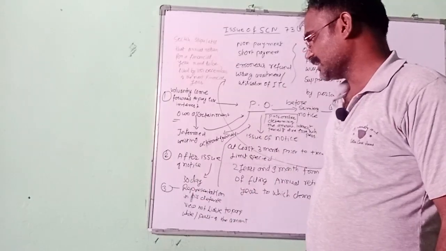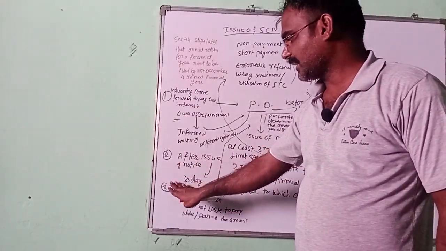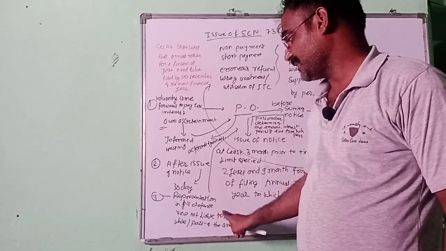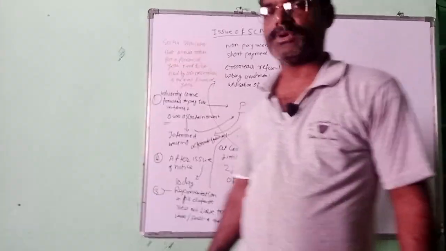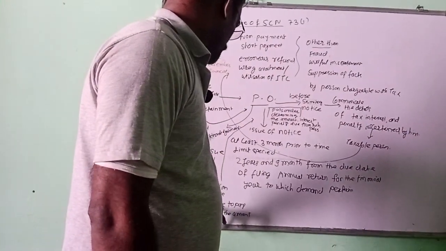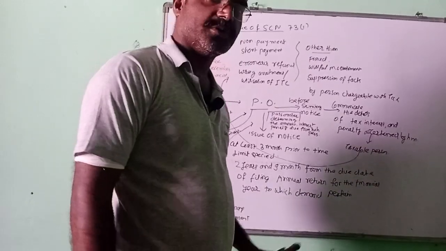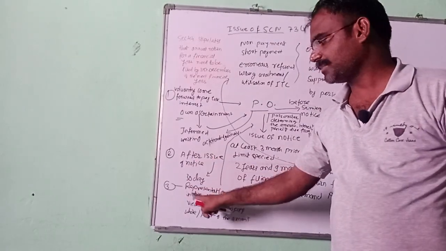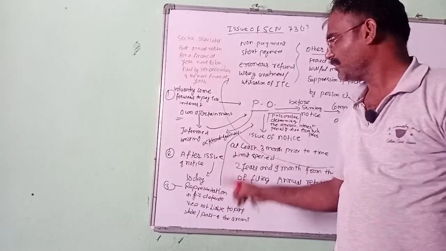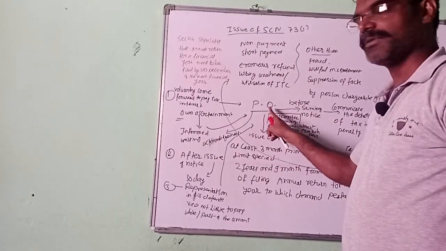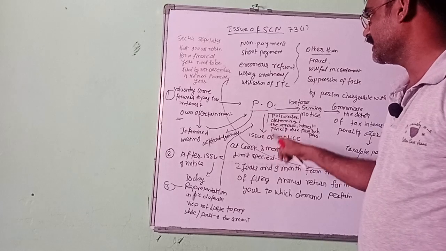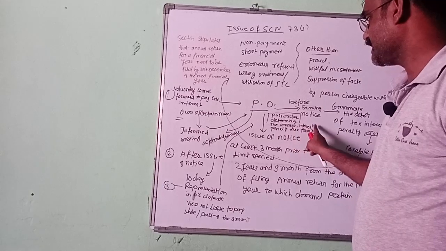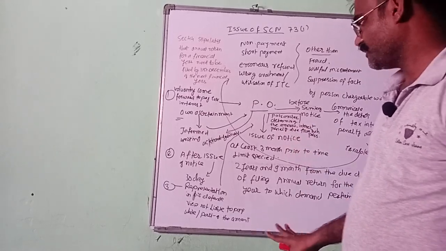Okay, and another case, if the taxable person makes a representation in his defense, his view being that he is not liable to pay tax, whole or part of the amount of tax. Okay, so the proper officer, after hearing the taxable person or the representation made by him, passes an order in response to that hearing, determining the amount of tax, interest and penalty due from such person.